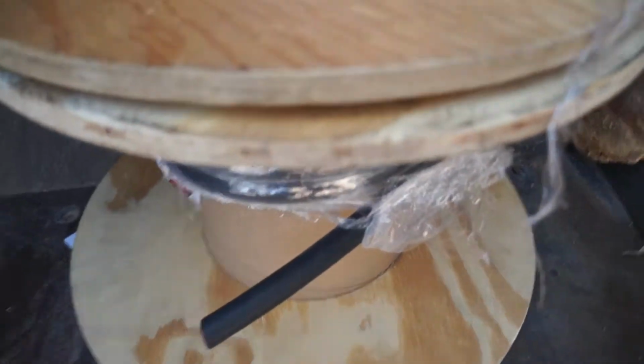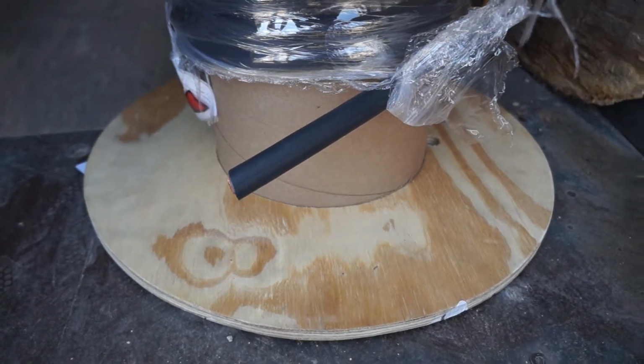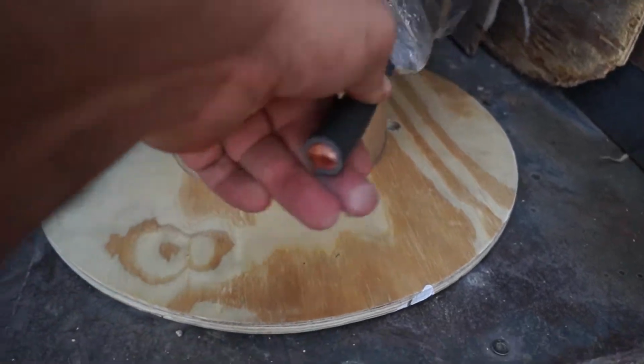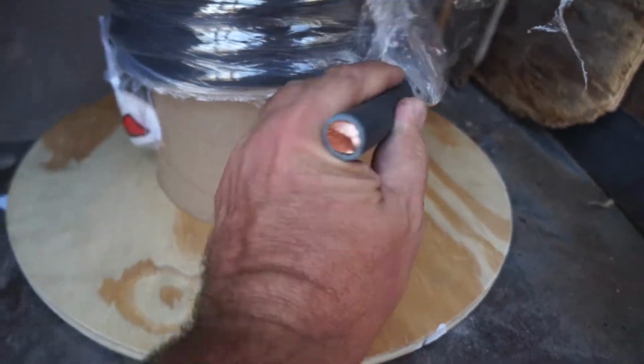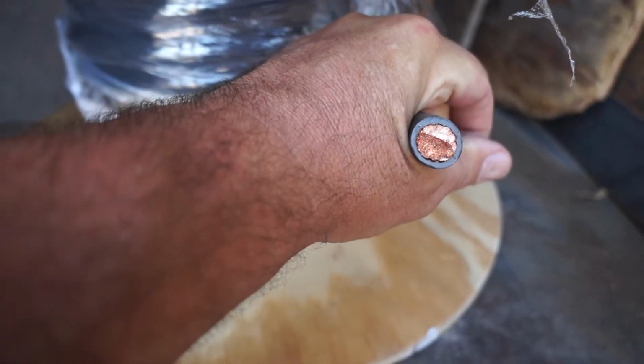Well, hello everybody. Long time no see. I finally got around to ordering some new battery cable for the Beast. It's 4/0,